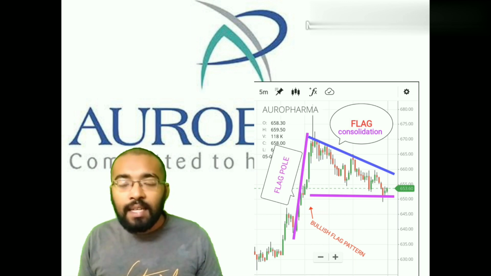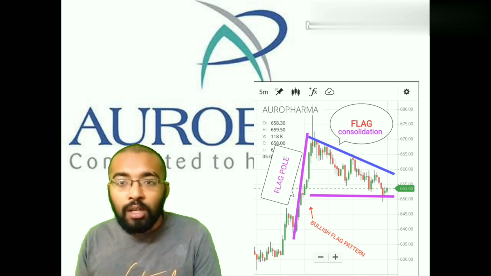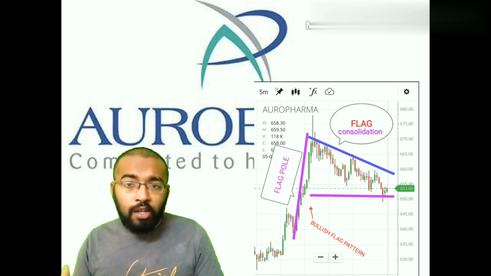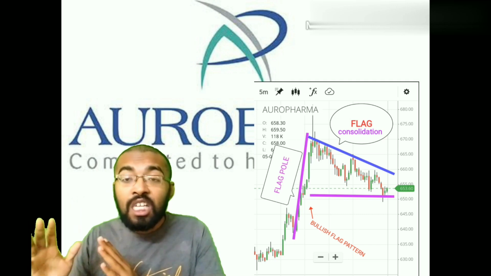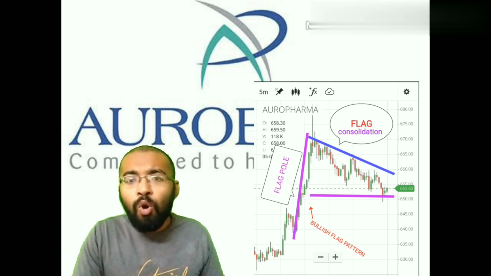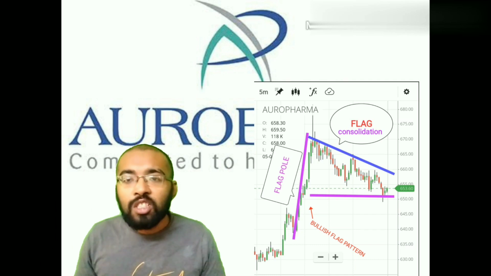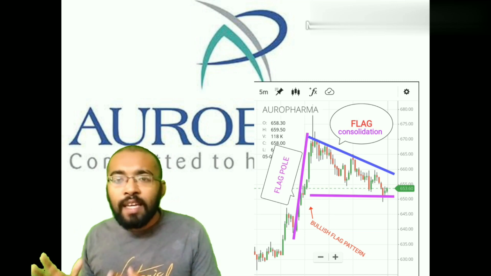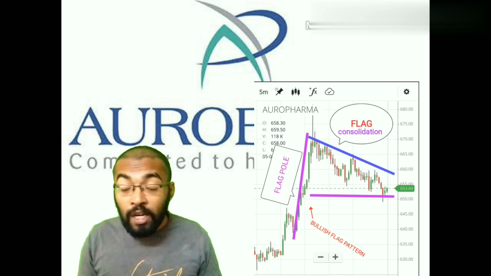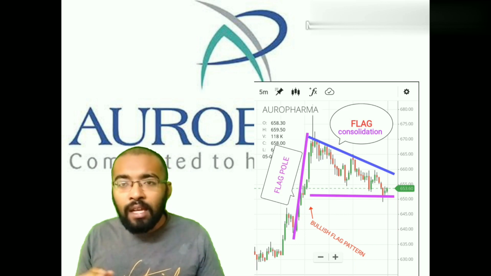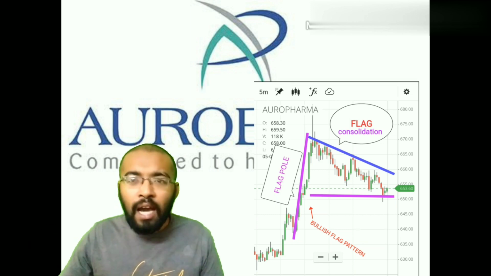And here, once there is a breakout from this flag pattern, the stock starts to move in an upward trend. The upward trend will be in such a way that it represents the measurement of the preceding flagpole. So I would suggest that we take the approach of buying, or those people who are already holding these shares should hold this share further, and in the coming days we can see a price range of 715 rupees and maybe higher also.